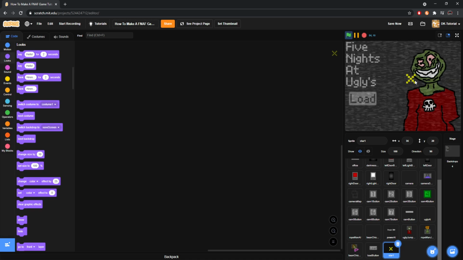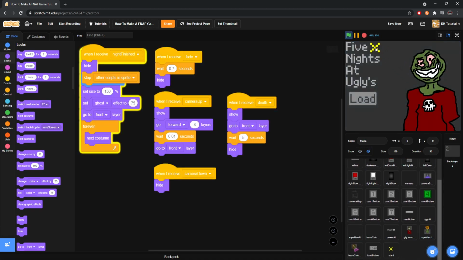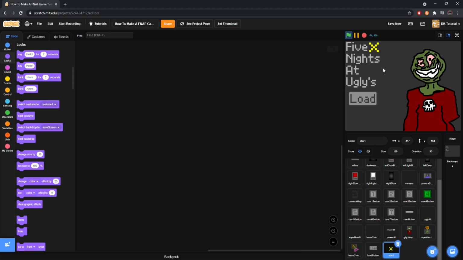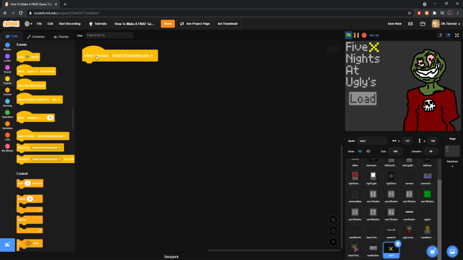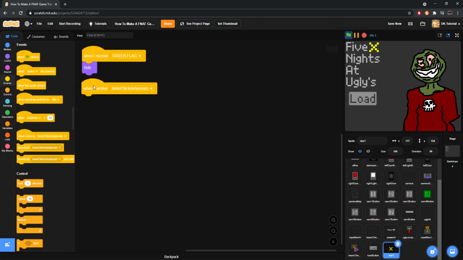What I'm going to do is decide where I want it by moving the stage for the moment and dragging it. Let's say I want the star to be right here. And that will be the star. Star 1 will be the star for beating all 5 knights, for example. Okay? So when I receive green flag, we will hide. When I receive